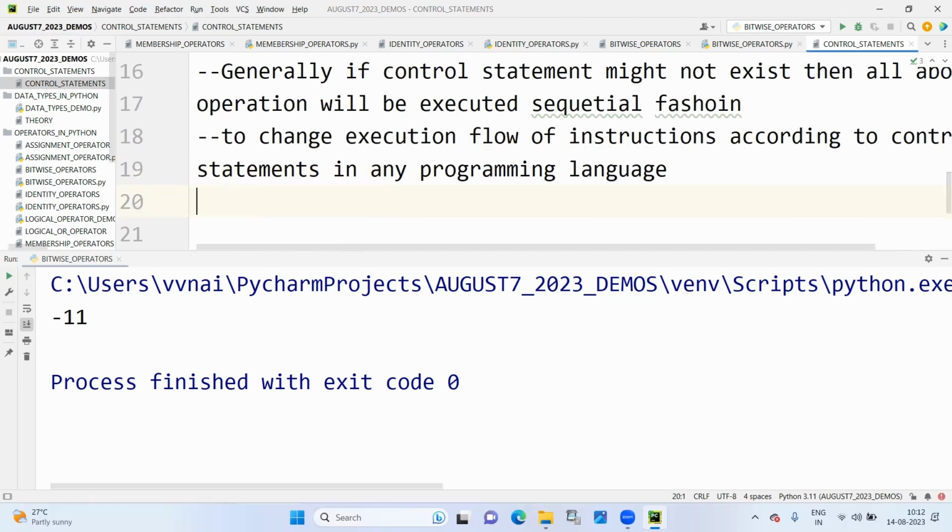Clear? So now, according to Python, in Python, control statements are